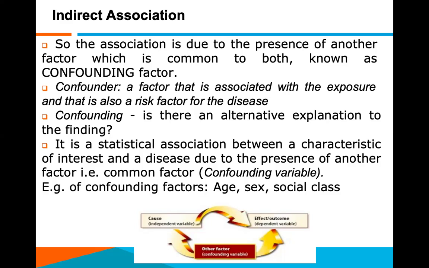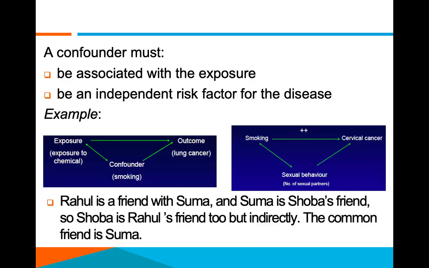And just as I said, age can also come into play, the sex of the individual, and even his or her marital status. So we are saying a confounding factor must first of all be linked with the exposure. And before you can be considered a confounding factor, you must be an independent risk factor for the disease, but you're also connected in a way. For example,